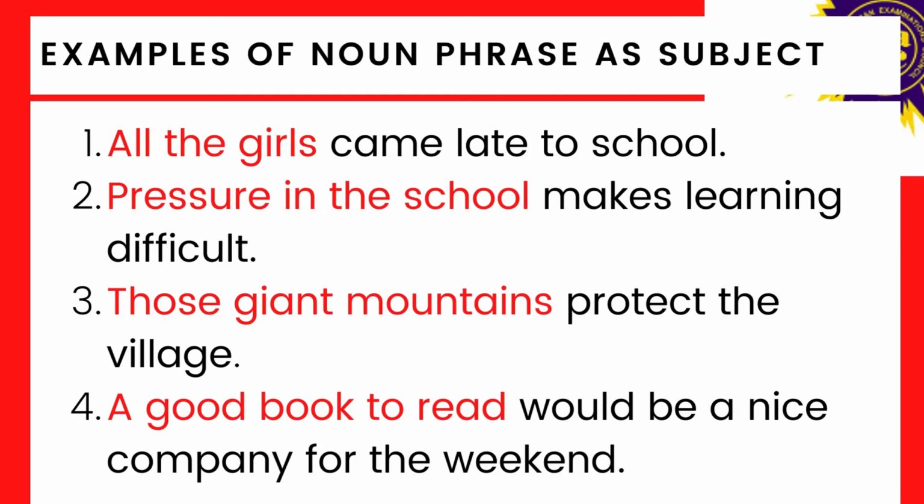Just as in the previous two, this noun phrase, those giant mountains, begins this sentence. Those giant mountains is the performer of the action, which is protecting the village. We can say it is that thing in the sentence about which something is said. And lastly, and quite clearly too, we can see that the verb protect comes immediately after this noun phrase. We can conclude therefore that those giant mountains, our noun phrase in focus, is simply the subject of the verb protect.